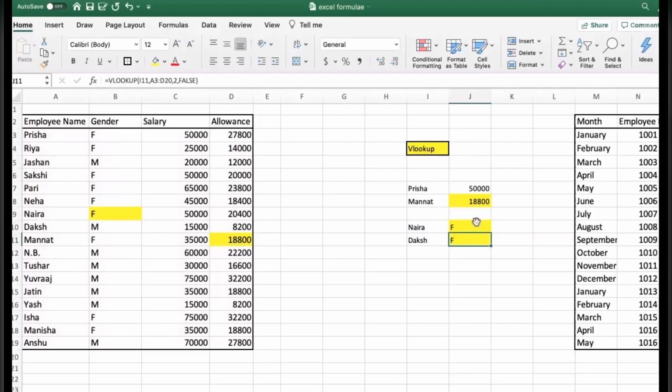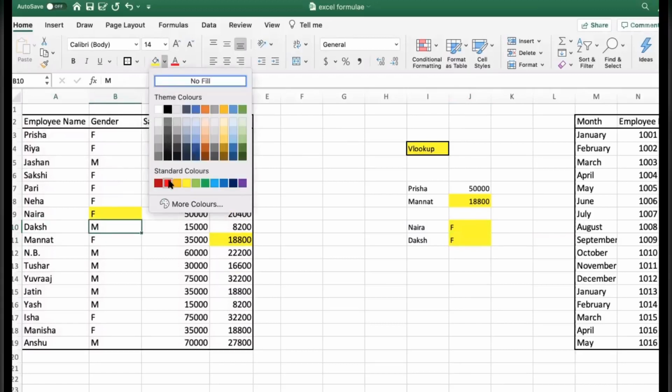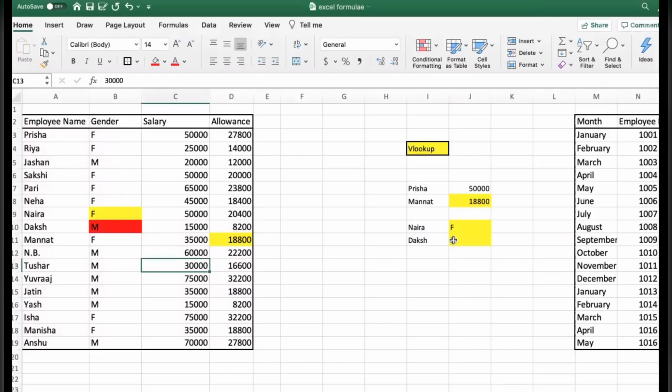Okay, it is possible, but what mistake did we make here? Can you see Daksh? Here it's showing male, but here it's showing female. Is it right? No, this is wrong. This is not showing the correct information.